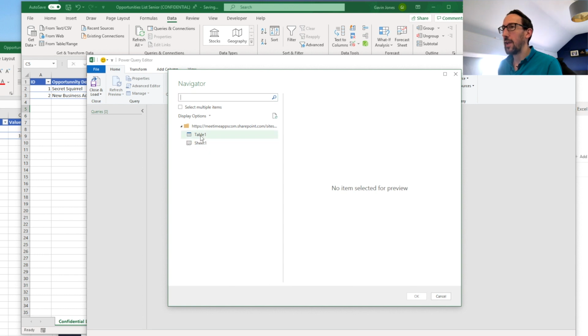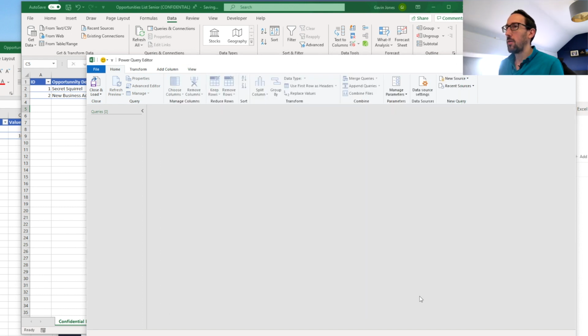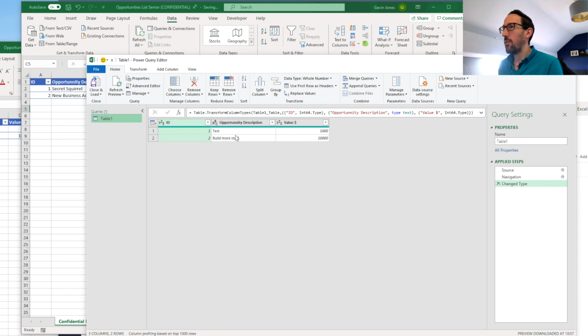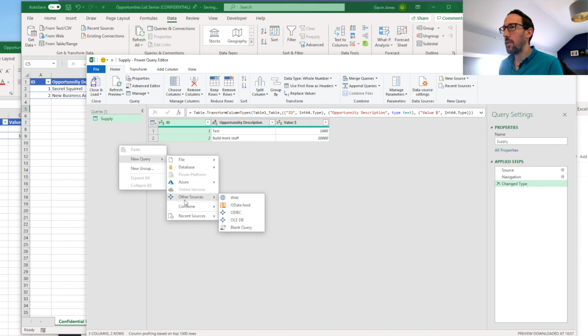And then because we've got it as a table now, we can just pick that table, and it's only going to pull in the data that we've got in that table, which is great. So that is literally just pulling in that table that we've got from supply, and we can call that supply so we know which one that query is. We then need to do the same thing with the